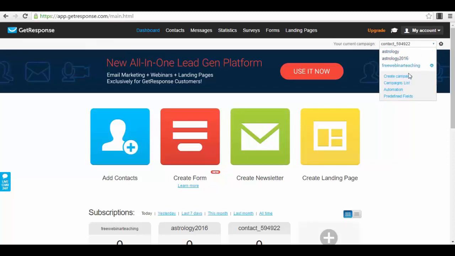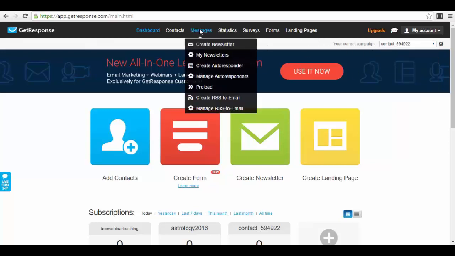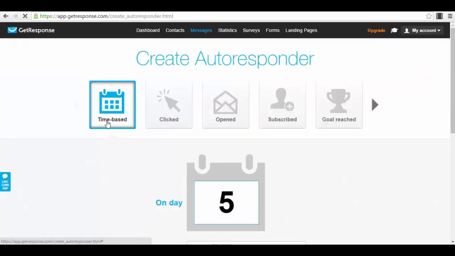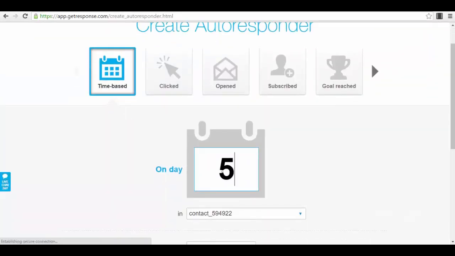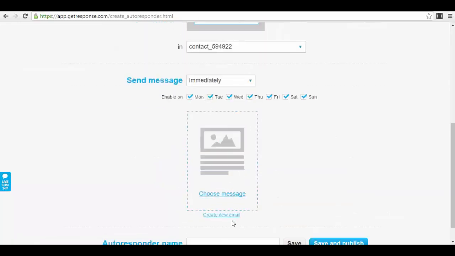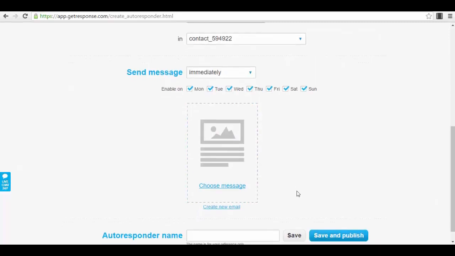You will create a new campaign, for example, and after you have created the new campaign, that's where your new subscribers for the webinar will be subscribed. What you can do is create an autoresponder that will be time-based. On the first day after somebody subscribes, they get a response. You choose the message, create a new email here.